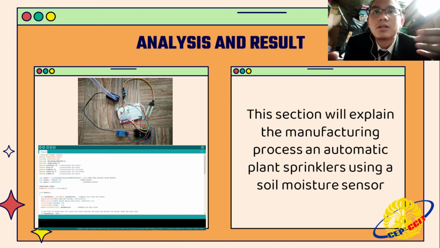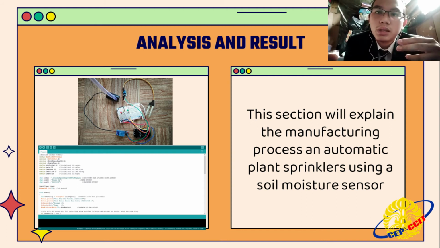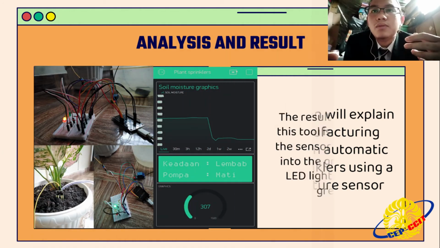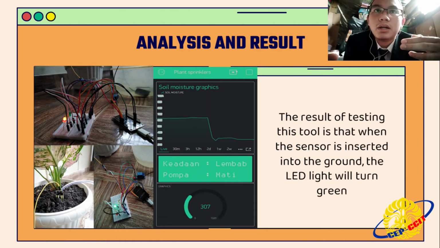After the circuit is designed, the next step is to connect the NodeMCU ESP8266 with an existing computer device with the Arduino IDE program. After it is connected and the program runs successfully, the components will turn on.